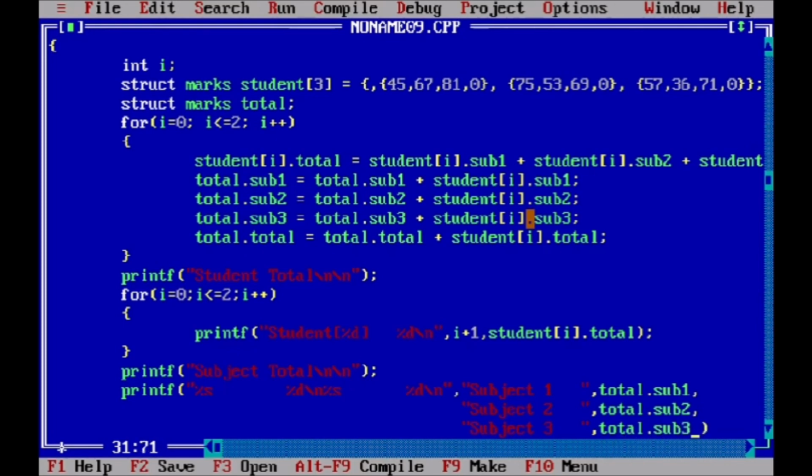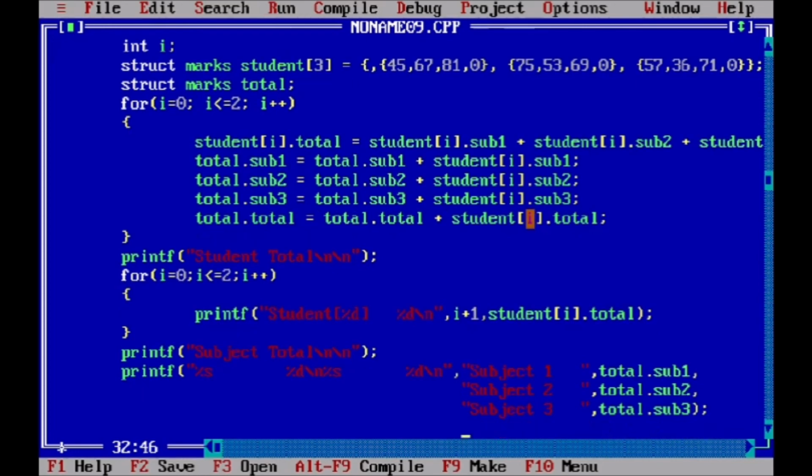So it is not compulsory to take the same example to understand the array of structure. But this is the way and this is the scenario in which you can use an array of structure.